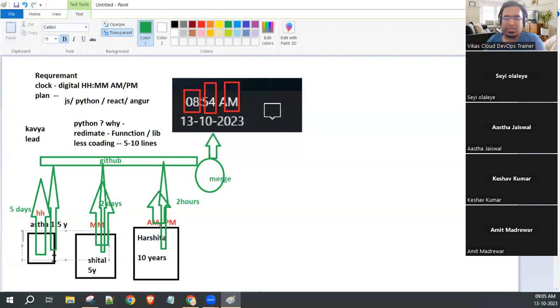Asta can also be used. As soon as Asta's work is completed after 5 days, she will hand over the application to the manager or lead. Now the lead will present it in front of the team or whoever they want, and the work has been completed. But now